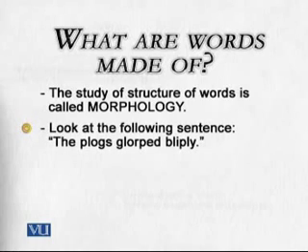Now, the sentence which I want to give you for analysis is, "The plogs glopped blipply." This is a sentence consisting of three words. The plogs glopped blipply. Now, let me ask you some questions. How many are the plogs? Is it one or more than one? Of course, you will analyze that this plogs has with itself a plural marker, which is S. So it cannot be just one, it means it's more than one.